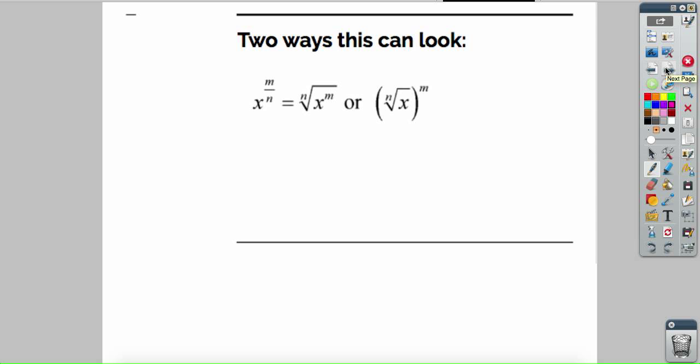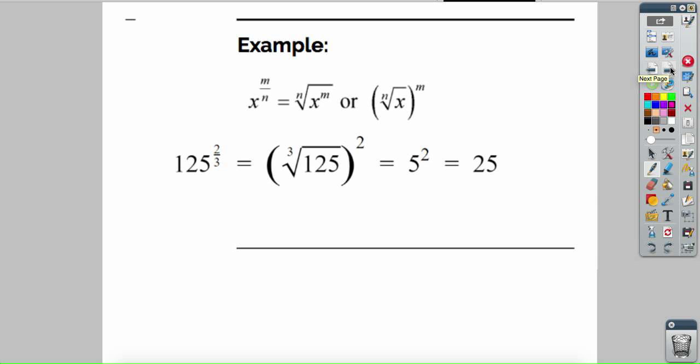So 2 ways that we can look at this. We've got x to the m over n power, which we've been talking about, and that means the nth root of x to the m power, or it can mean the nth root of x, and once I've done that, then I take it to the m power. And I'll show you how or why that can make a difference right here. If I look at 125 to the 2/3 power, okay? If I do the cubed root of 125, and that comes right from our chart, I get 5, and then I'm left with that